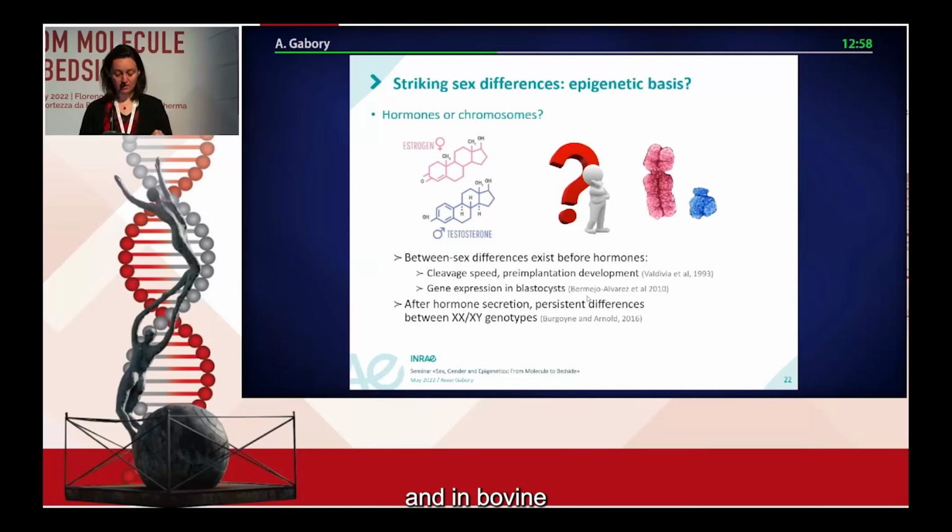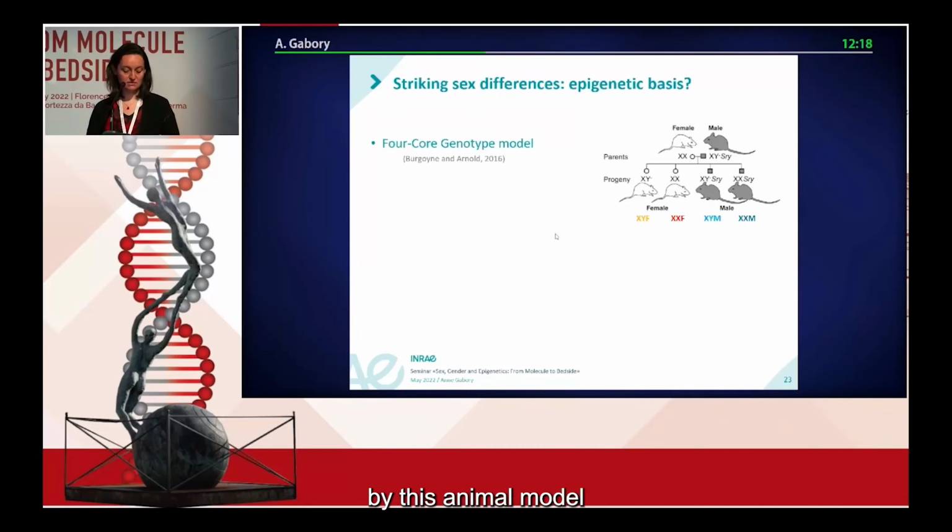And in bovine, Bermejo-Alvarez and colleagues showed that gene expression in the blastocyst is different depending on whether the blastocyst is XX or XY. And they claim that this concerns up to a third of the genes being differentially expressed between the two sexes. I'm not sure this is so much, but it means that it's quite obvious that gene expression differences appear well before hormone secretion. After hormone secretion, there are persistent differences between XX and XY genotypes